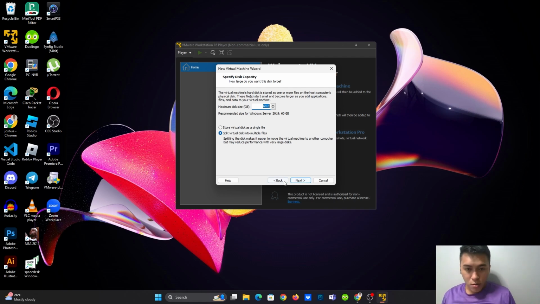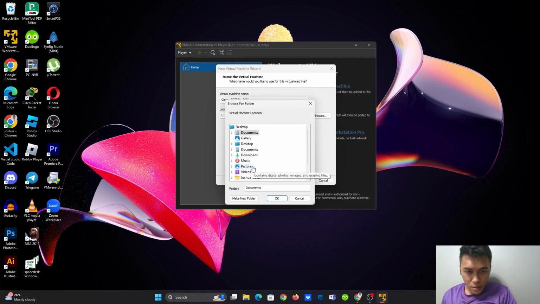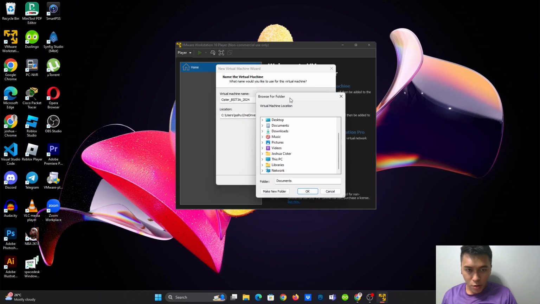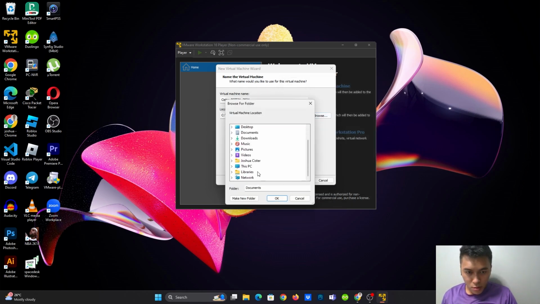So I will adjust the location again for this one. For instance, this is my path. You can choose the path location for the virtual machine. You can choose anything.